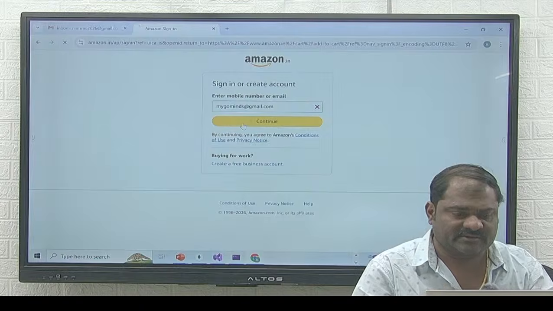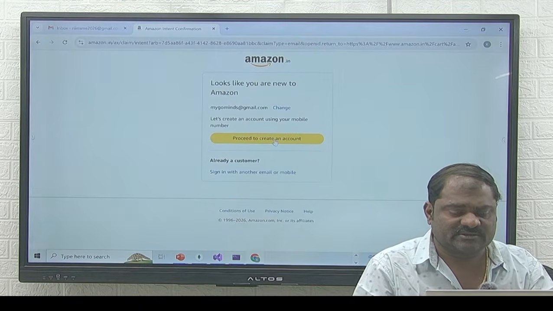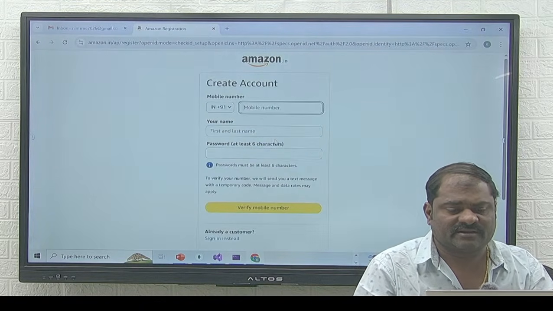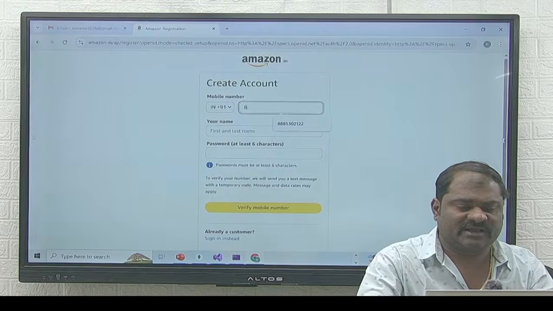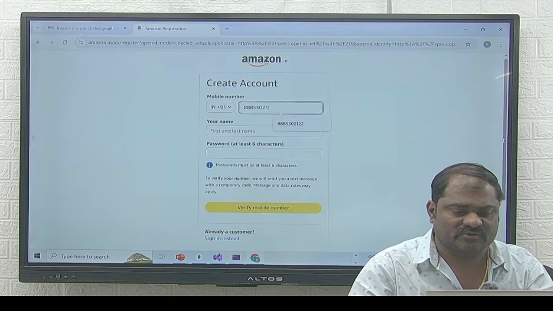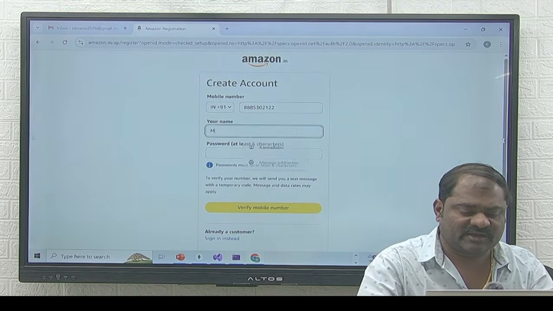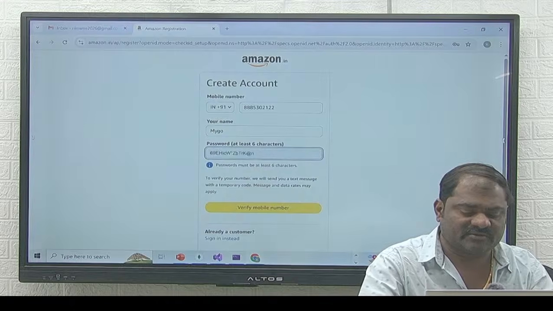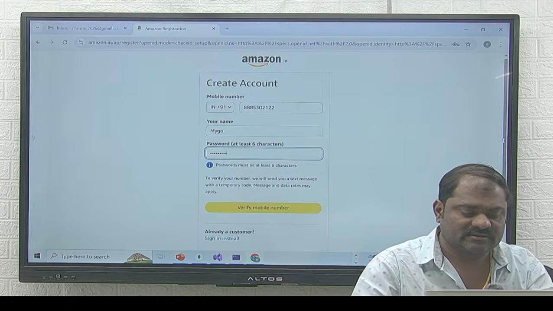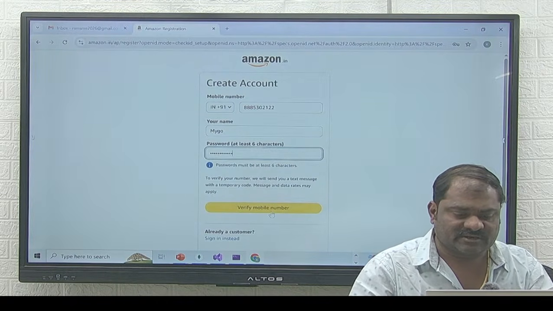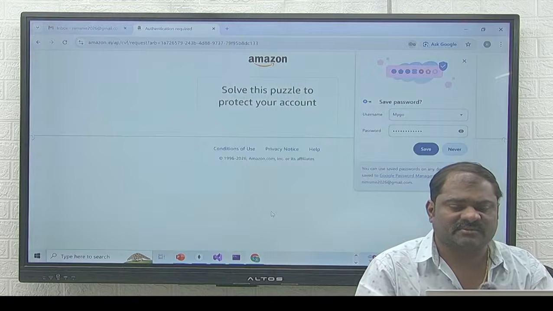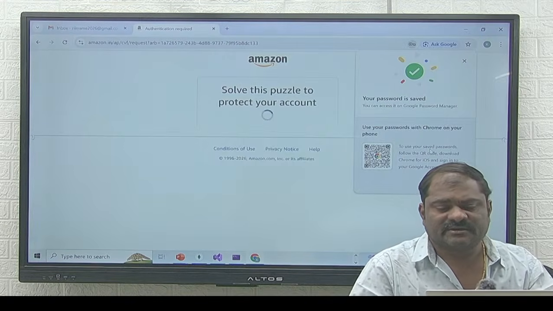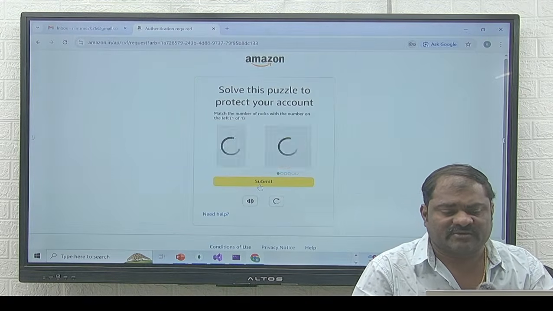Click on continue. Here also no account for me. If you want, I will add the number 888 530 2122. First name I will give Mygo. Password I will give mygominds. Just click on verify mobile number. Once go and correct the mobile number. Click on save. Did you understand? So if I try to create an account,